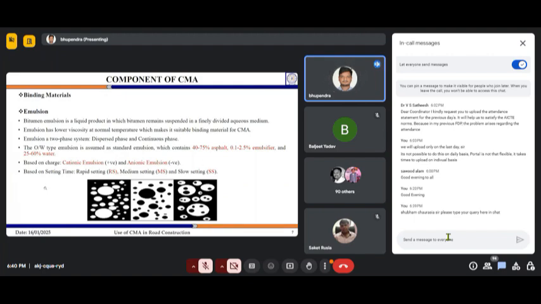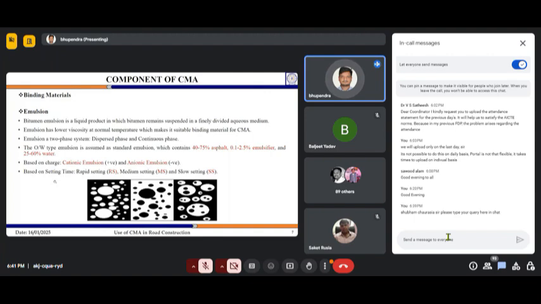Okay. The second classification criterion can be the charge. What kind of charge your particles are having. How do these particles remain suspended? Because they have a similar kind of charge. This charge can be positive or negative. If the charge on your bitumen particle is positive, then that is called the cationic type of emulsion. And if the charge on your bitumen particles, or the suspended particles, is negative, then it is called the anionic type of emulsion. Okay.